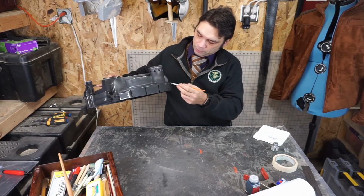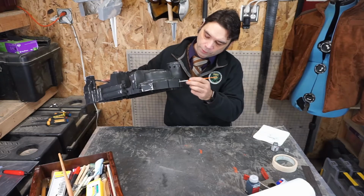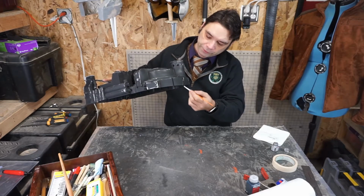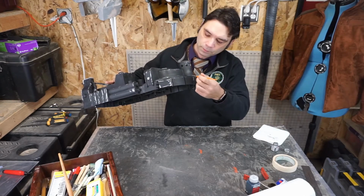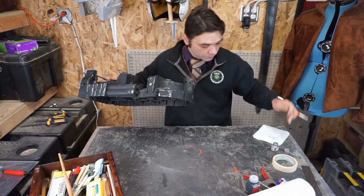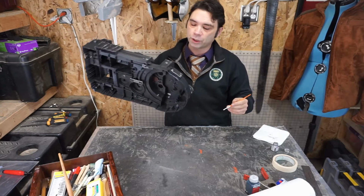We are dangerously close to being done with the paint techniques. I'm just using Tester's silver. I mean, I was going to use Sharpie, but